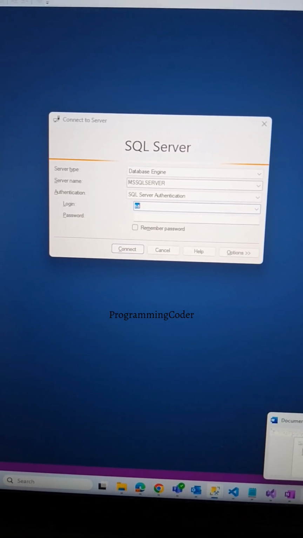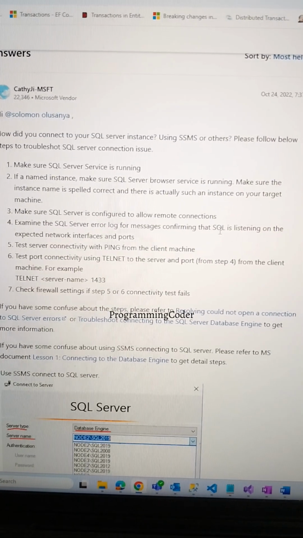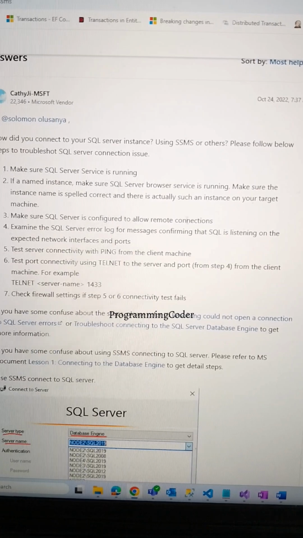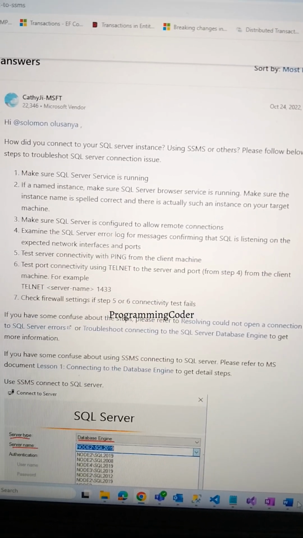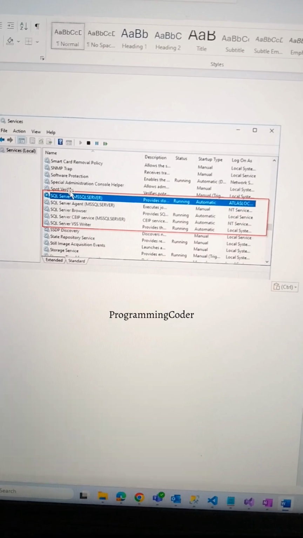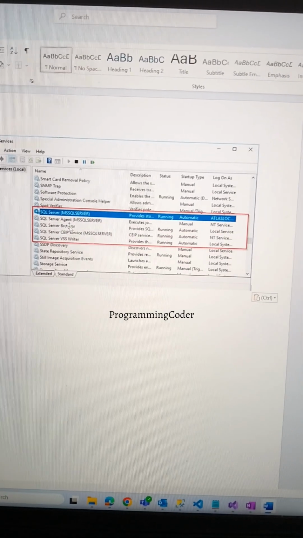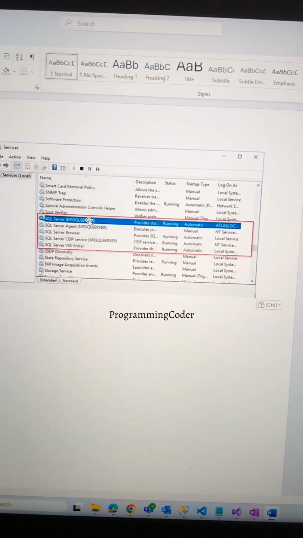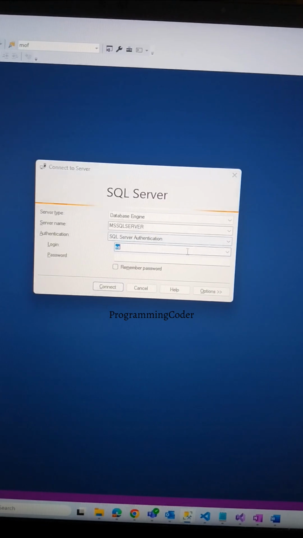If that is also not working, make sure of the next steps. Make sure the SQL configuration allows remote access, meaning the machine where SQL Server is running allows remote access, so that the connection is allowed.